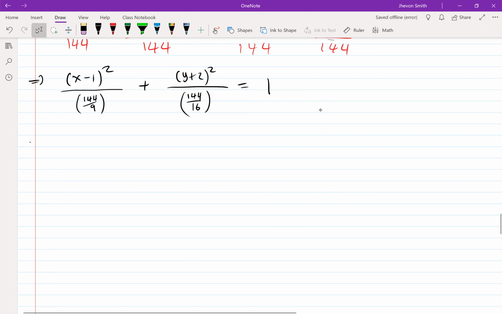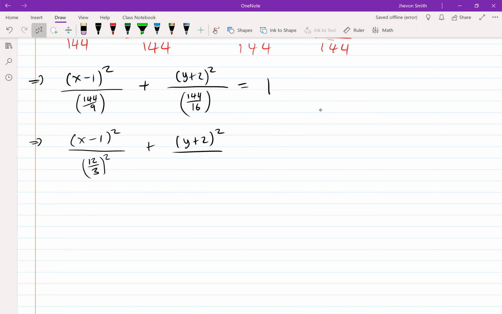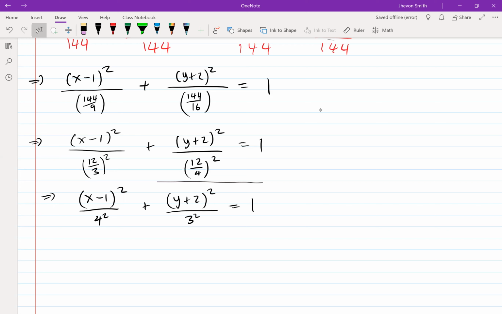Let's just actually make this look a little nicer. So this is x minus 1 squared. The 144 is 12 squared, 9 is 3 squared, so it's that. 144 is 12 squared, 16 is 4 squared, so it's that. And these guys can actually simplify. So we end up with x minus 1 squared over 4 squared plus y plus 2 squared over 3 squared. Now that you can identify as an ellipse,